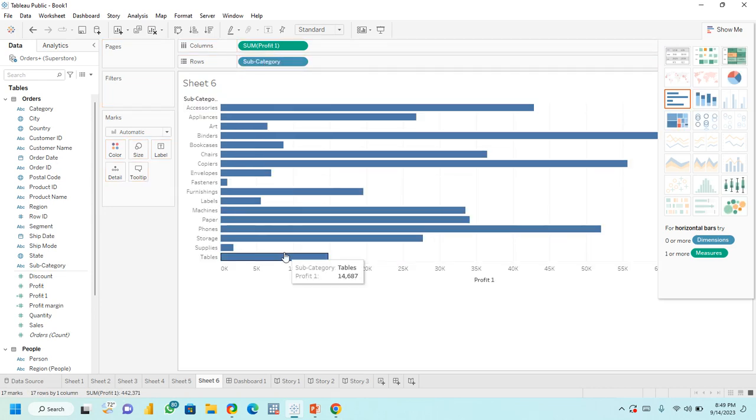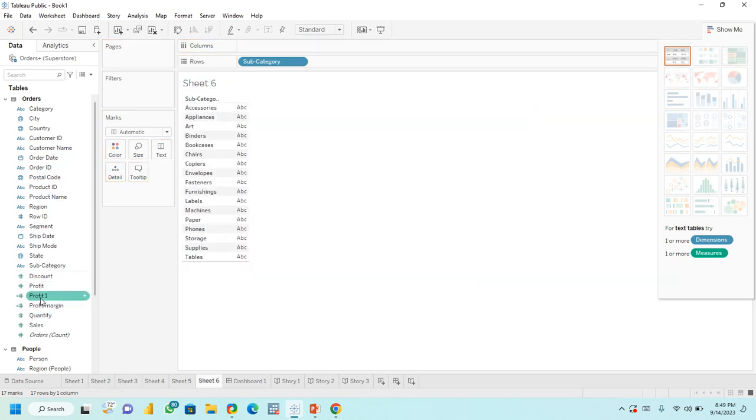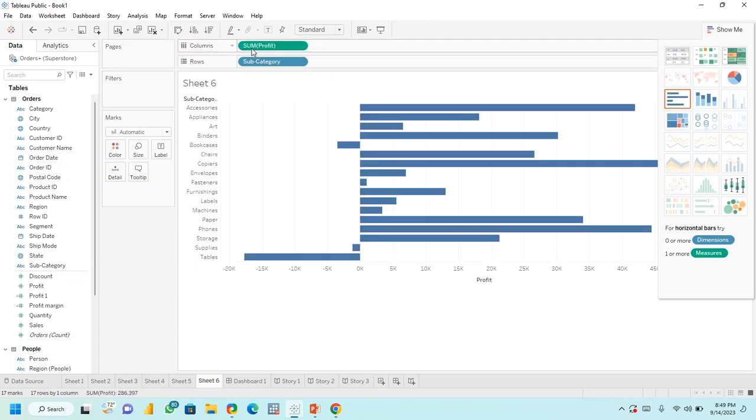As you can see, with the field we have created, our values are running from 0 onwards. If I use profit, this is profit 1 we just created. If I add profit itself, the profit that was earlier in existence, you can see we have